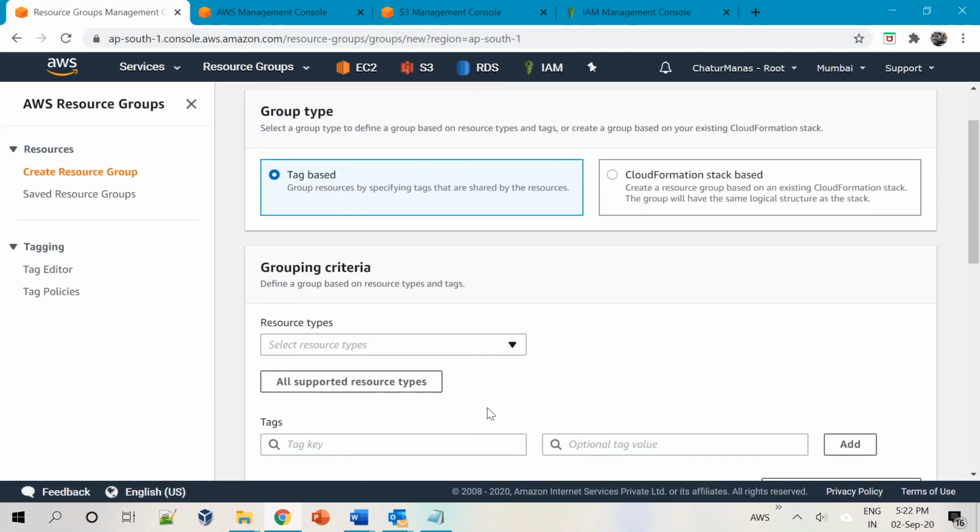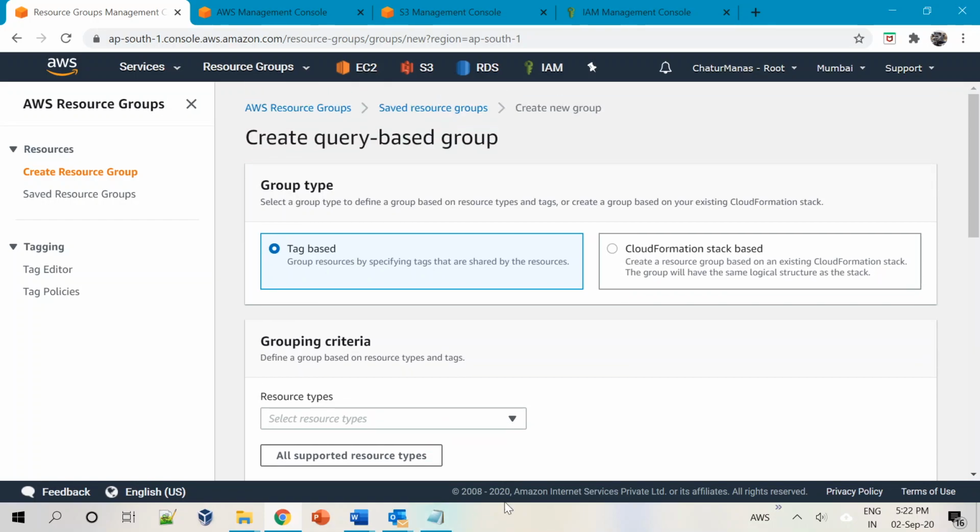And when I say create resource group, it will ask me whether the group is to be made based on tags or a CloudFormation stack. Okay, what is important for me to understand is how resource groups work. You can combine or segregate all the different resources within AWS in a group just by using tags. Tags are important, otherwise they can be combined based on CloudFormation stacks. In this particular example, let's say we want to do it with a tag. And for that we should have a tag already associated with the resources.